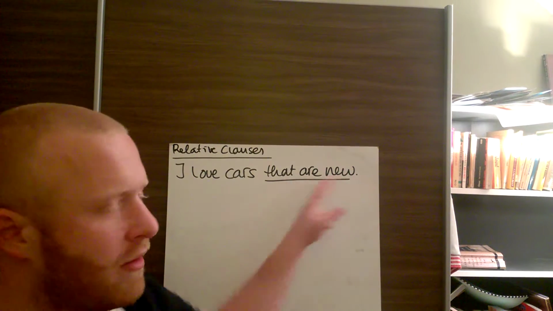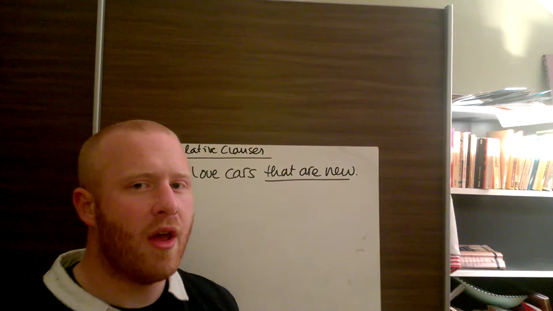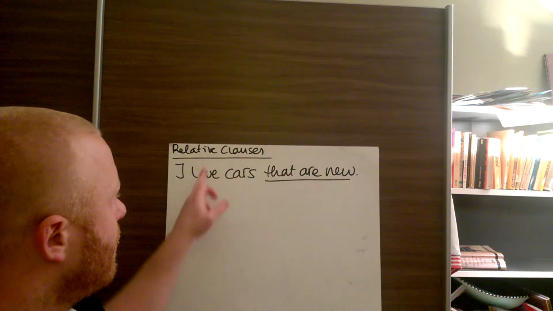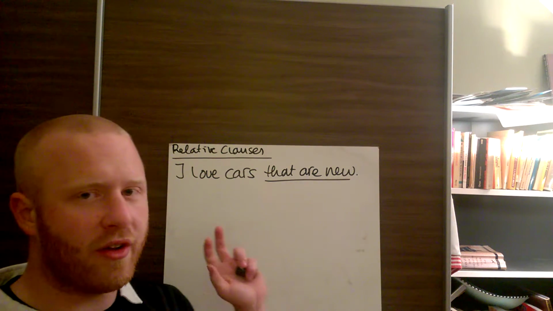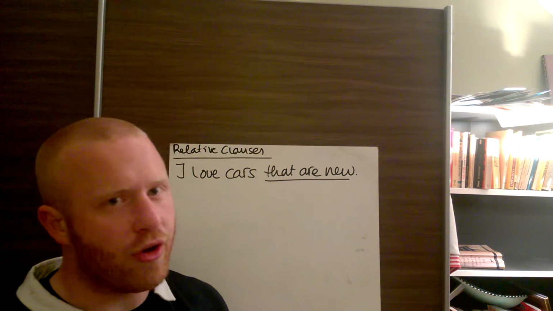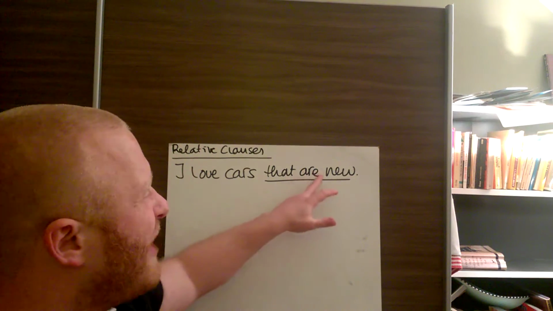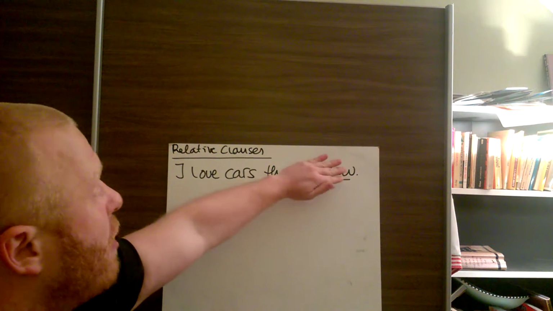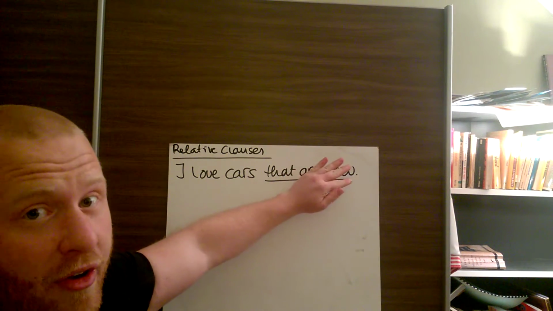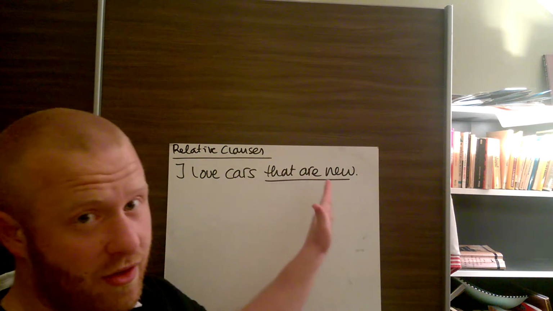This bit is extra information. It changes the first bit of the sentence. Now you're not saying I love old cars. No, you're only loving the cars that are new. And because this changes the sentence, because if you leave it out, you're saying something completely different from when you are adding it to the sentence,